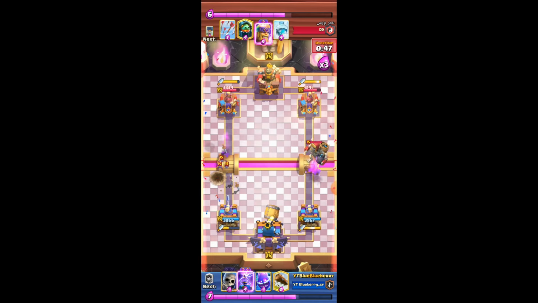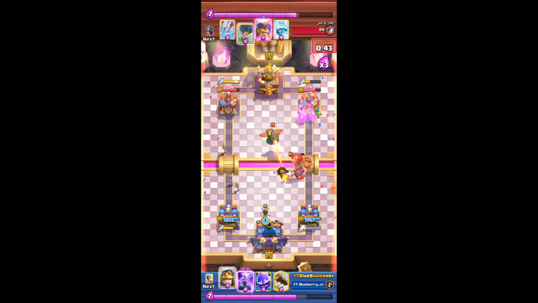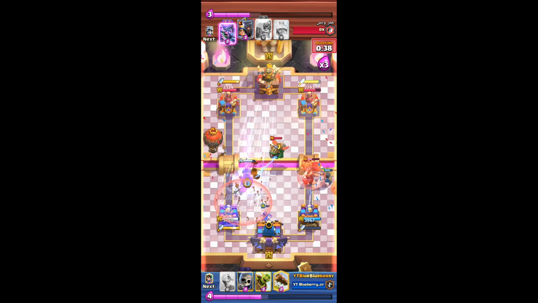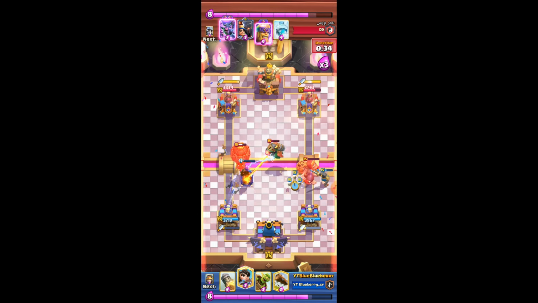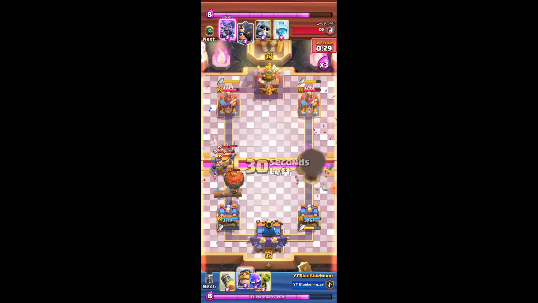He does have to go for the Giant Skelly. The annoying thing for him with his deck is all his cards are so expensive, so it's so hard for him to deal with Princess at the bridge. But I still have to be careful. I go Evo Tesla for the Inferno Dragon, but I still have to be careful of him getting same push, same lane value with the,